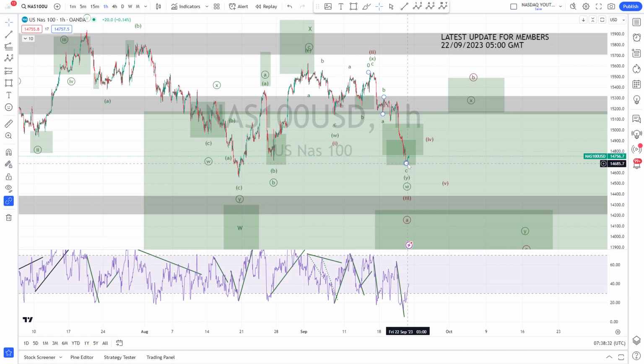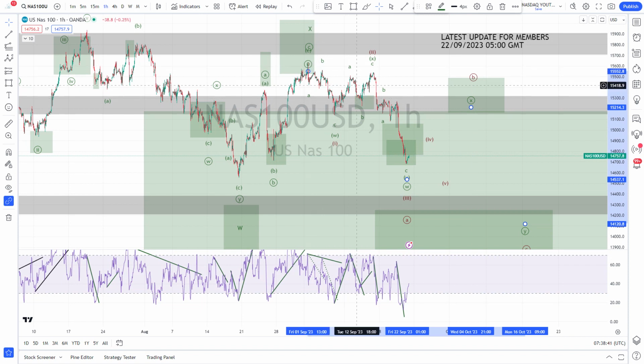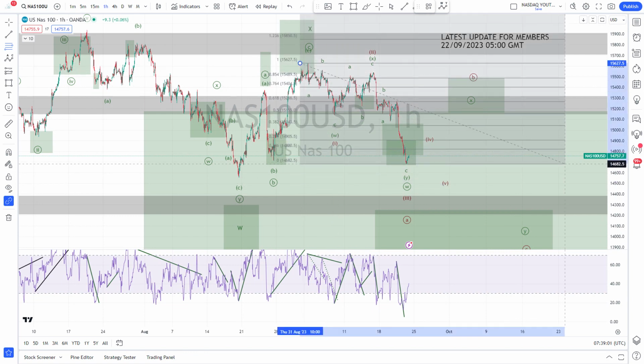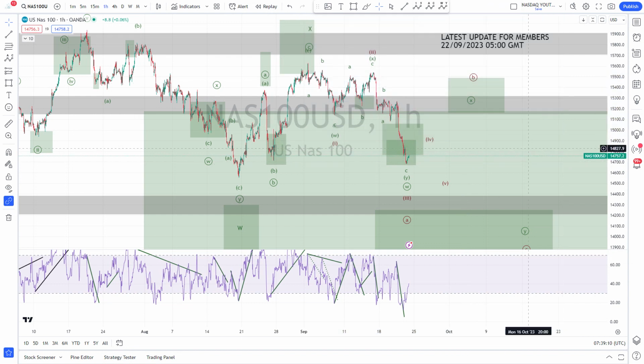If it holds, then my expectation would be that we go again in three waves to do a wave X here, and then this wave X is then followed by a wave Y to the downside. Like if this is the wave W, if the low is in here, then we also know the target area for our wave X. So this is the area that we can find by taking the length of our wave W. And then the area here between the 0.5 and the 0.854 FIB retracement is the area where our wave X should go.